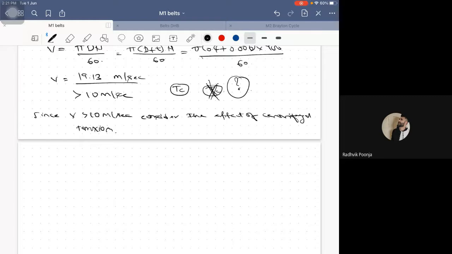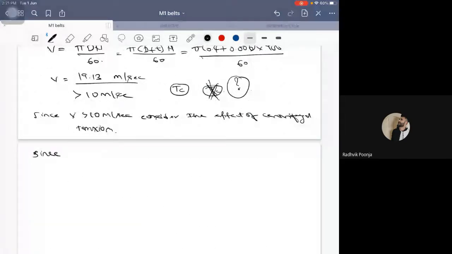One more decision we need to make. What is that? Whether I should consider the smaller pulley or the larger pulley. So how will you decide upon that? Please kindly note, since mu was different, okay? So mu was different, isn't it? So since, just write the sentence, since mu